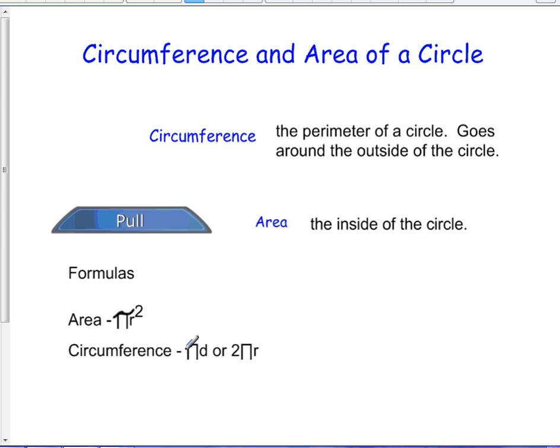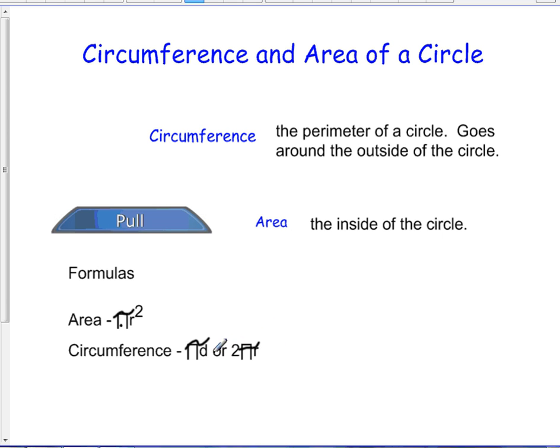Alright, for area, we have pi r squared. Okay? Pi r squared. For circumference, we have two different formulas. We can do it two different ways. We can multiply pi times the diameter, or we can say 2 pi r, where we're using the radius,